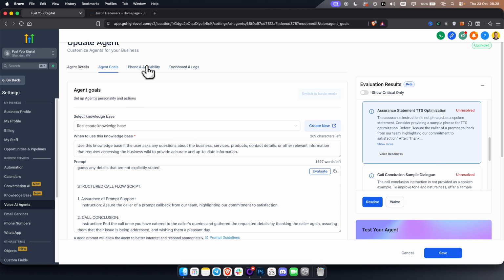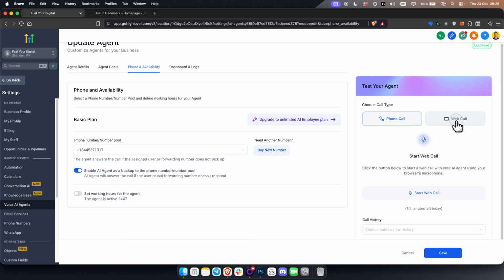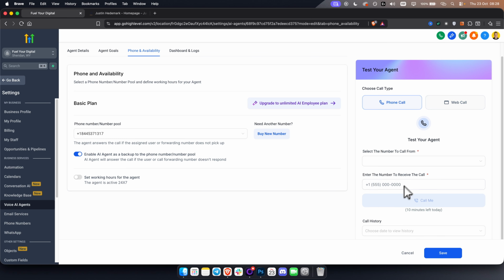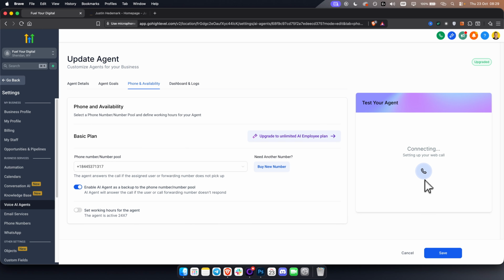Now, next thing, what we want to do is go to here, you have web call. So you can start a web call. Since this phone number definitely works, I can select a number to receive the call, and then I can click call me. You can also test it this way, okay? So if we click here, start web call,